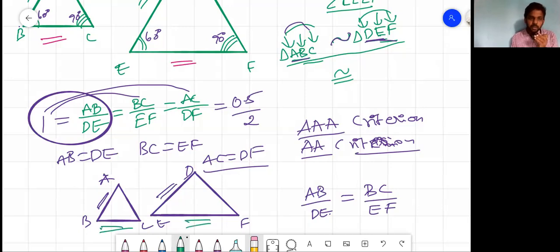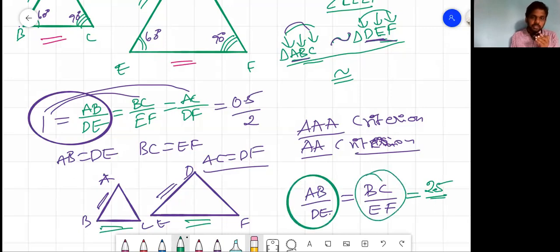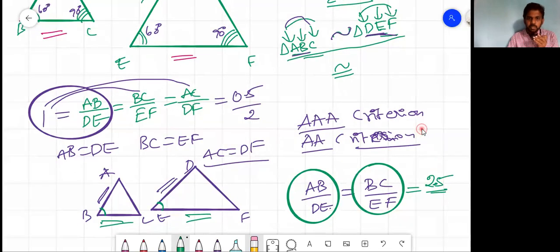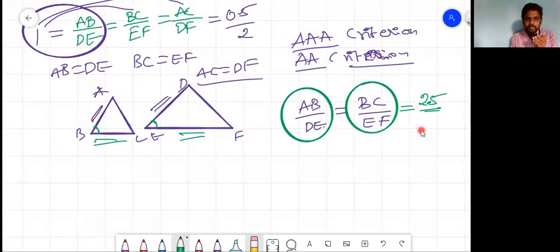If these two sides are proportional, which is equal to some number here, 2 or 3 or 2.5, whatever it may be, but some constant I'm having if I'm dividing both the ratios here, right? Then if the angle between these two lines, the included angle between these two lines, is equal, so the sides are proportional and the included angle is equal, then we can say that the criterion is SAS criterion. This also we have seen in congruency. So SAS criterion: two sides and included angle.